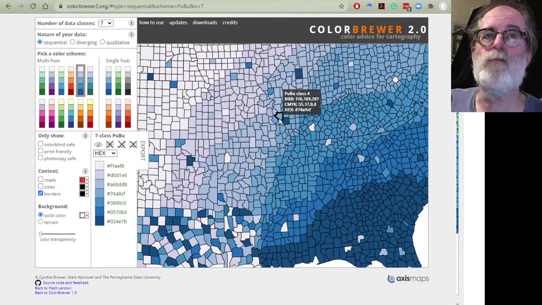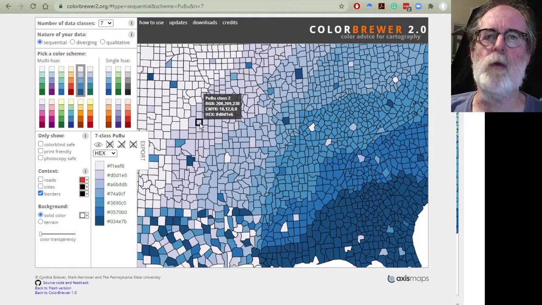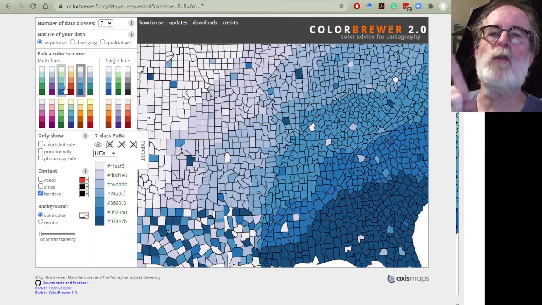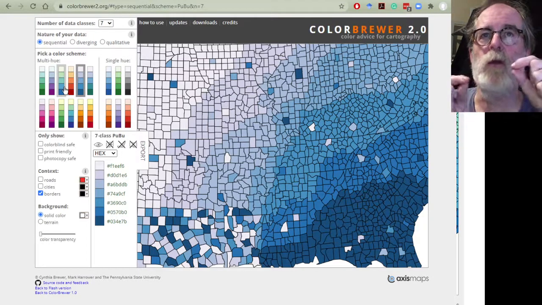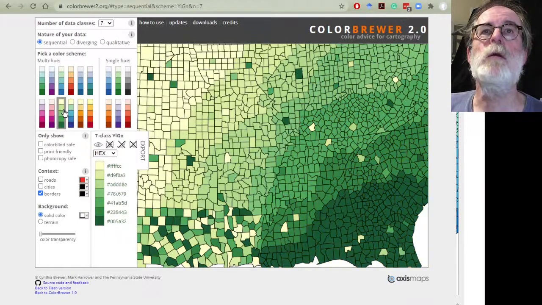Back in the day when she first introduced this thing, it also talked about CRTs, but that's less of an issue. You know, nobody cares about CRTs anymore. You know, they're too big and they take up space and they consume power, so get rid of them. So if you are going to use particular color ramps, going to this site is a great thing to do because it gives you the opportunity to test out whether your color choices are going to work. She has a whole bunch of pre-baked ones here, and she also does